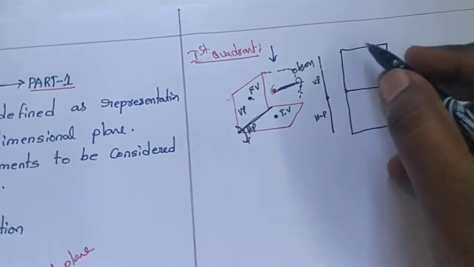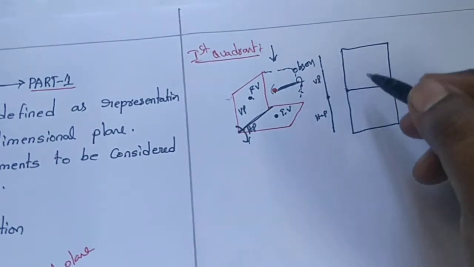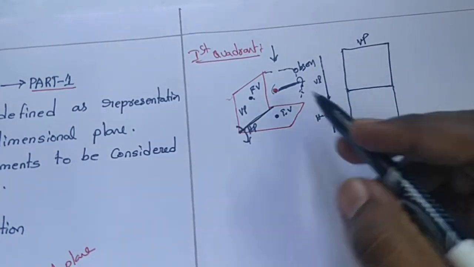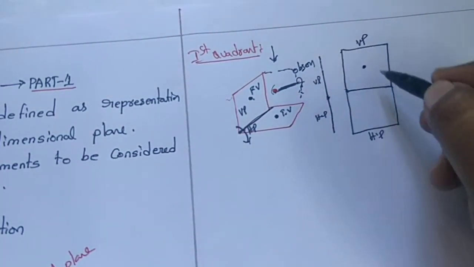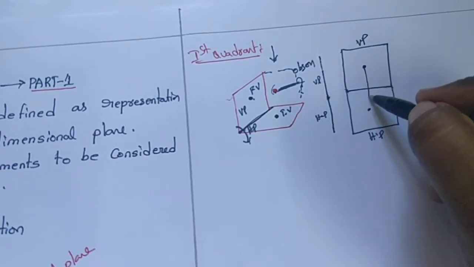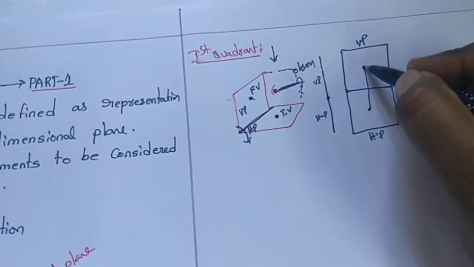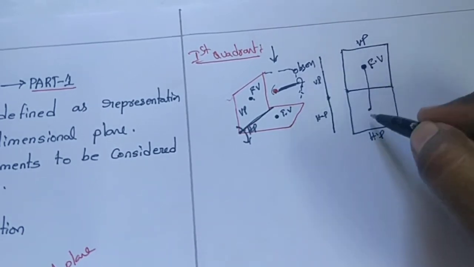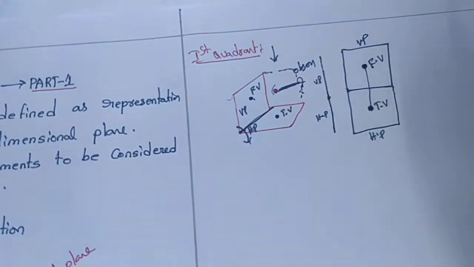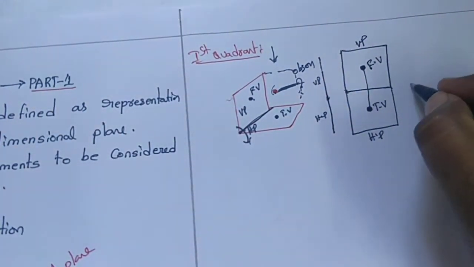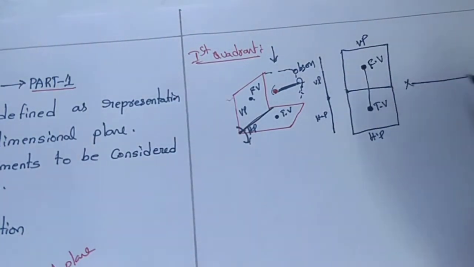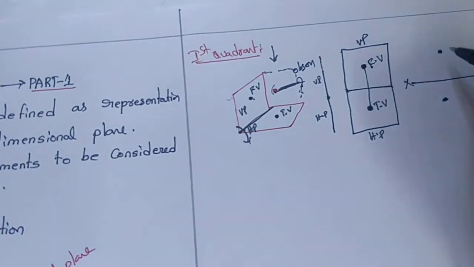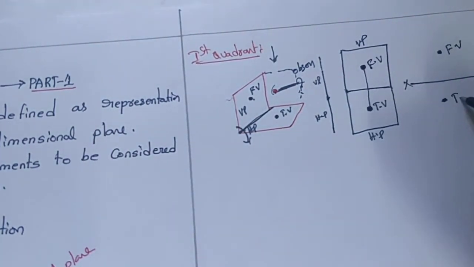Suppose you view from another side, the representation of the plane: it is the vertical plane and this one is the horizontal plane. The object falls here and here. The two points lie on the same plane. This one is known as the front view and this one is known as the top view. It can be drawn as XY. XY is the reference plane, and this one is the front view and this one is the top view.